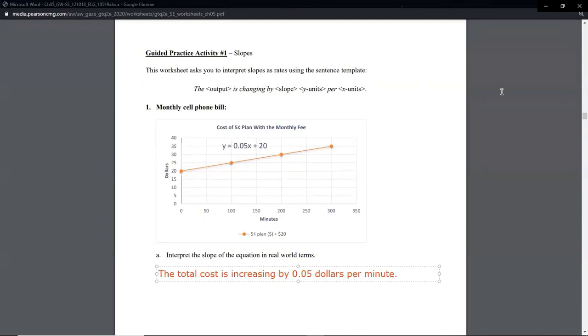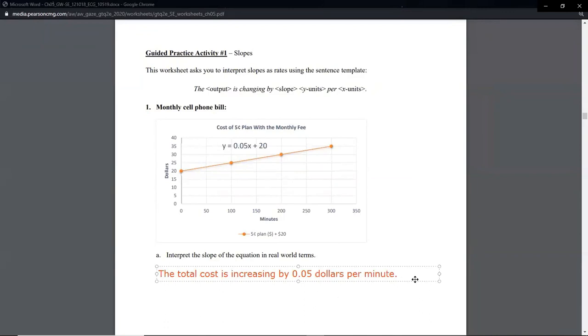5% would not be a great way of saying this because of the 20. So we can't really say that we're increasing by 5%. The fact that cents relates to 100 makes it feel like you could, but we do need to strictly use those units. So that's a good idea, but it's not exactly the same. Now, if there was no fixed amount, we could say 5%, but again, the point of this activity is to use the specific units they give you. So it wouldn't work for those two reasons. It's a good idea, but it's not perfect execution.